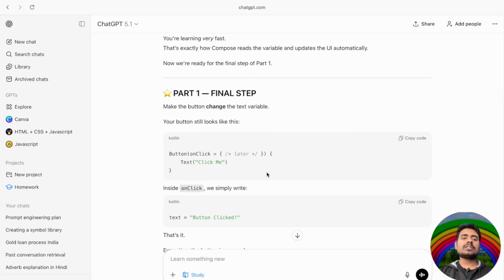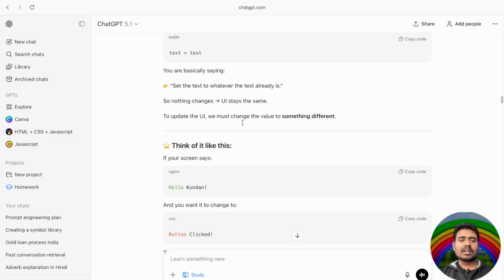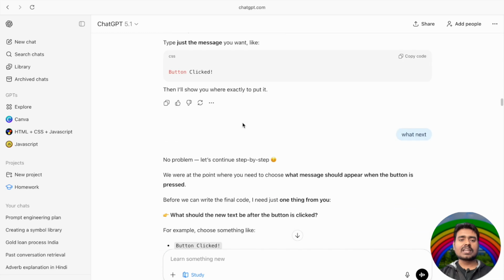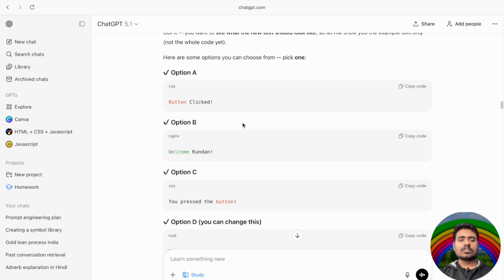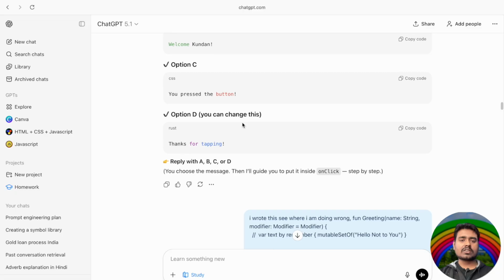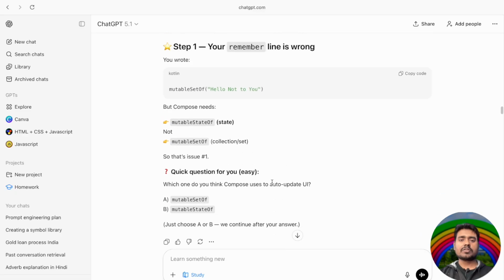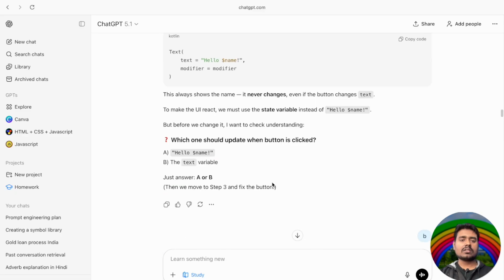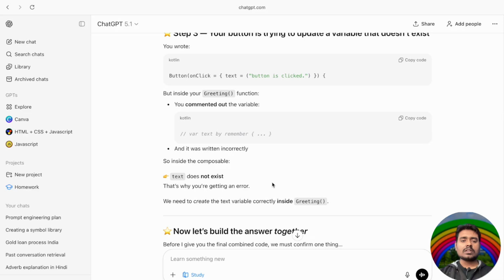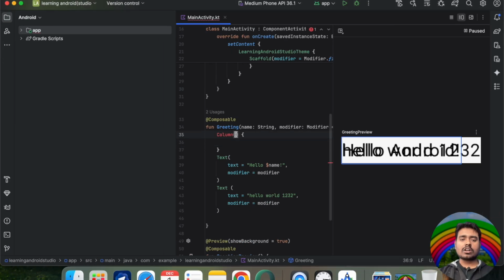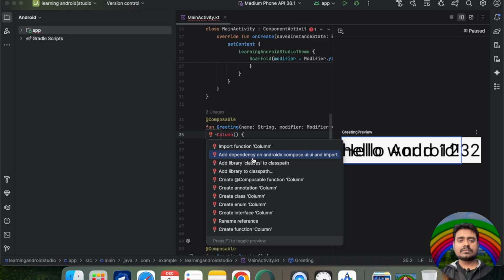That's why I'm using ChatGPT, so that I can check whatever I learned and understand if I missed something, okay. On click, tapping the app, like on the button one click, then the function is like that, remember hello, hello dollar. Okay, so there is a column. First remember that we need to import it. If there's no import, then it's not going to work, okay. So as you can see here, like say import function,